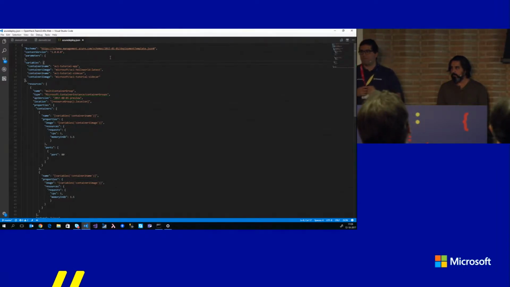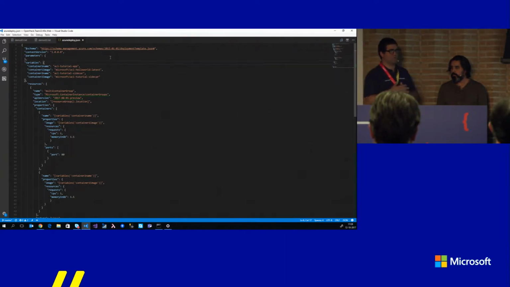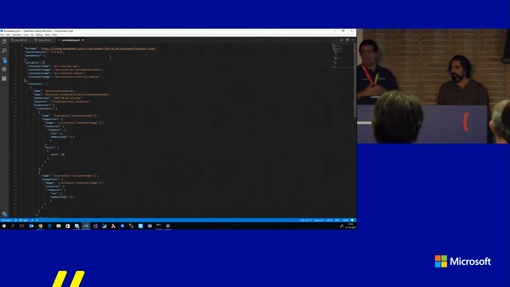What you see here is a slightly different container. It's basically composed of two containers, so we call this a multi-container group. If you look at the variables, what I'm doing is saying, hey, provision one container based on this other image that I just showed you, an ACI Hello World.